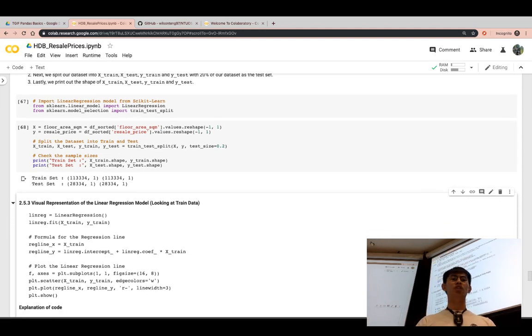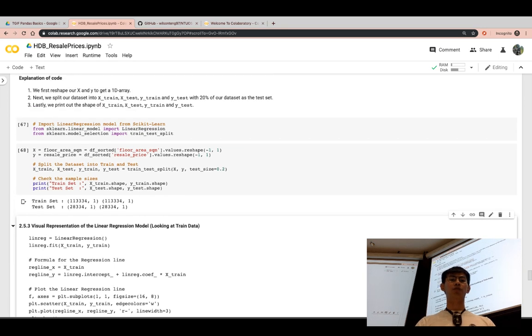You use this function called train test split, which we imported from scikit-learn model selection. So you do train test split, we'll split x and y. And then the test size will be 0.2. So what this means is that 20% of our data set will be used as our test set. You can do test size equal